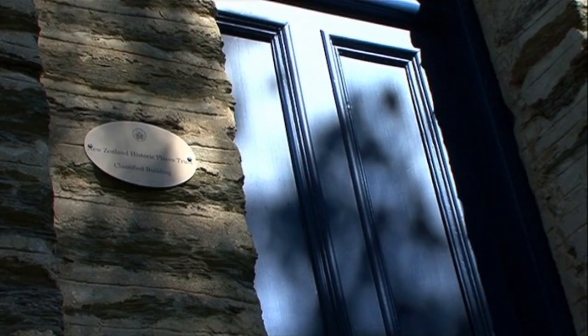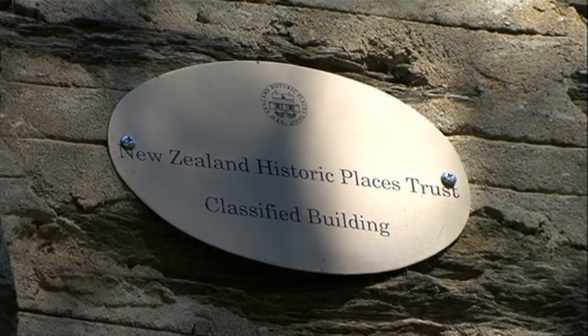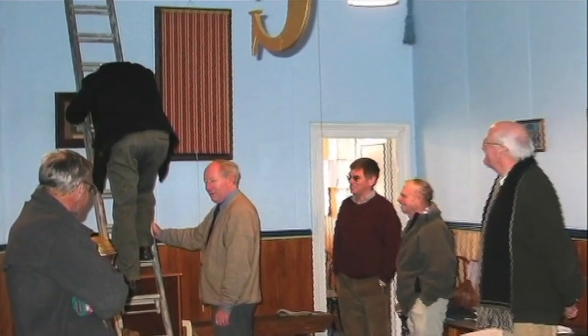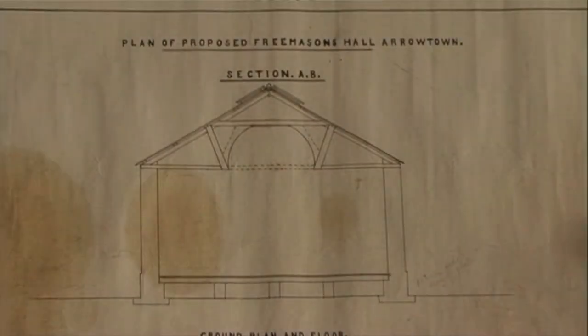Little changed at the lodge until 2005, when the lodge members agreed to carry out structural repairs. Under the original contract, the major element of work that we had to do was to strengthen the roof, because the dome is made of lath and plaster and is incredibly heavy, and it's just supported on 2 3x2s that span the full width of the building, which is 6 metres, and that was sagging and causing the roof to